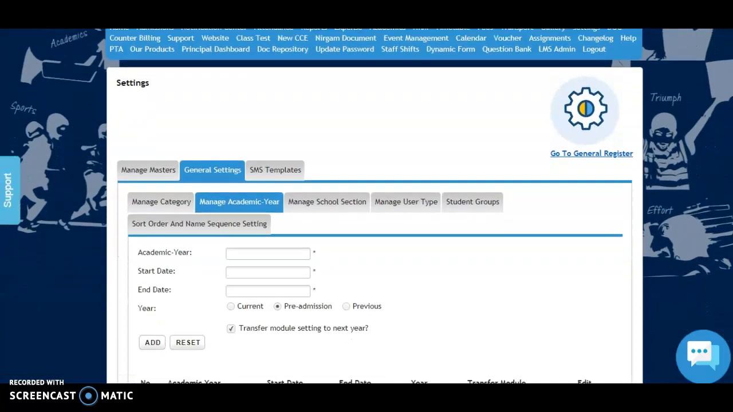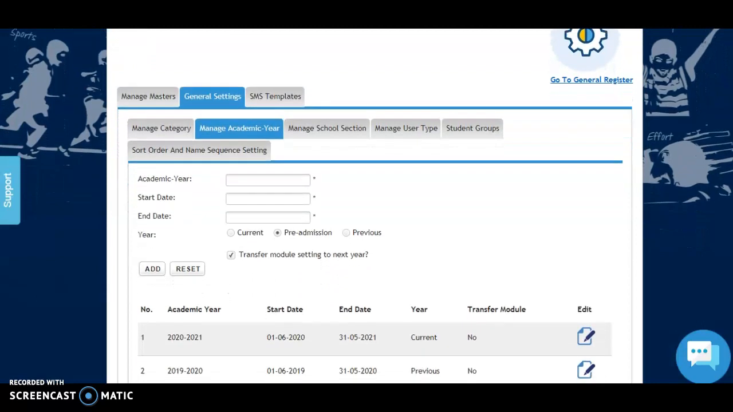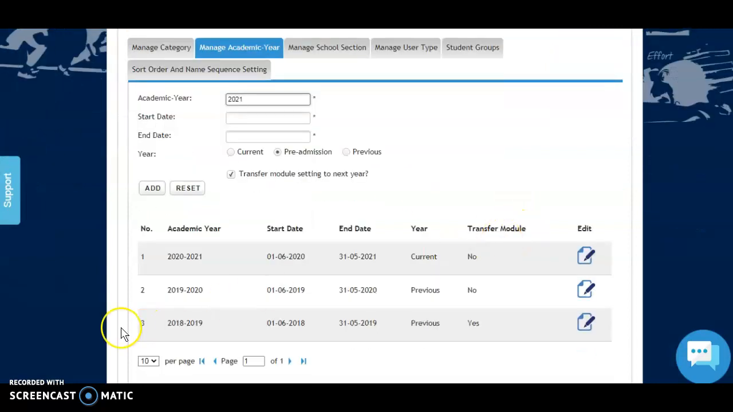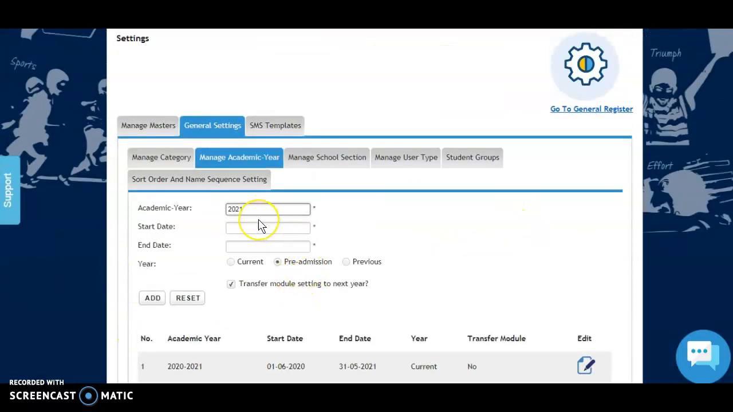Now if you already have a pre-admission year created for the next year, in this case the example is 2021-22, if you already have the academic year created for pre-admission, you do not need to do this. You can directly go to the second part of the video, or you can create a pre-admission year for the next year as well. So let's say I do not have one created. I can see I have to create 21-22. So I'll create